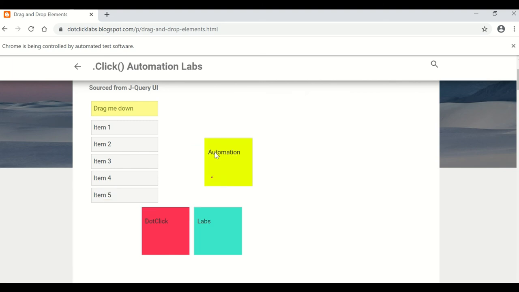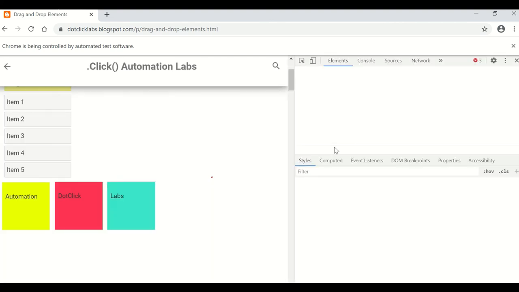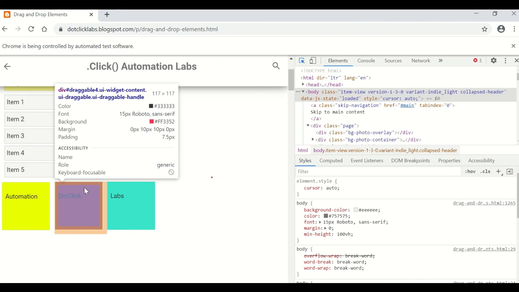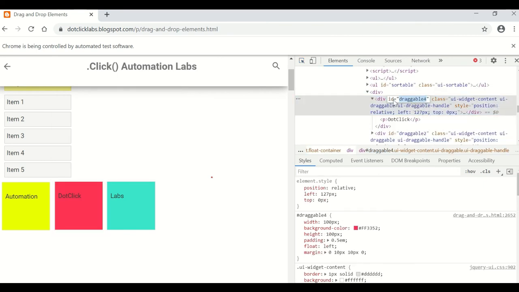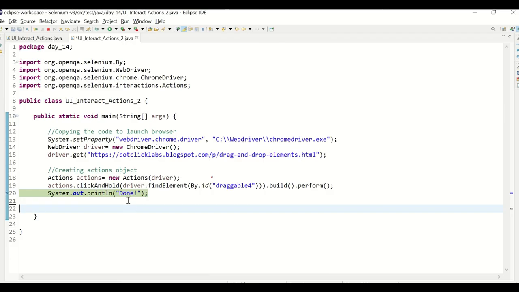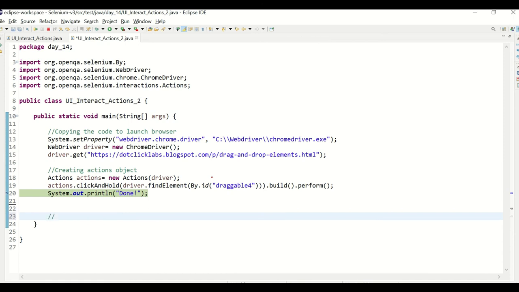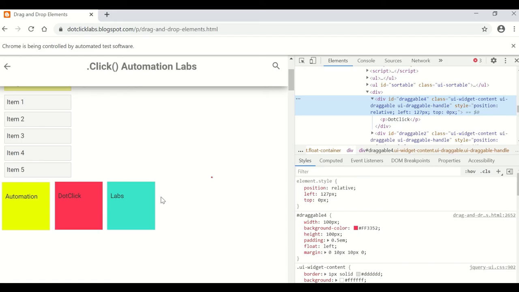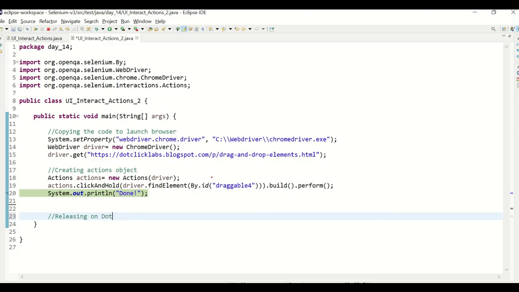So click and hold and release. Okay, so let me write some code over here. So inspect, we already know this property, but still we'll inspect it. It's draggable4 as the ID. So go over here, releasing on this dot click box.